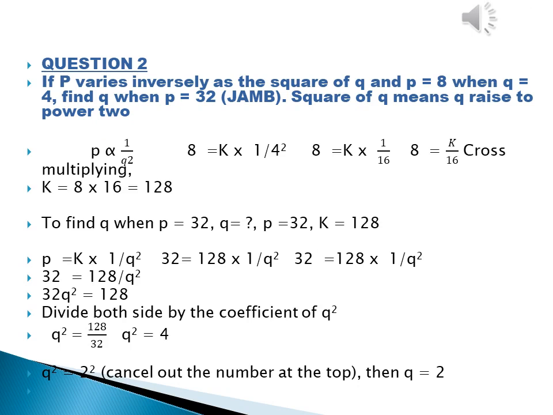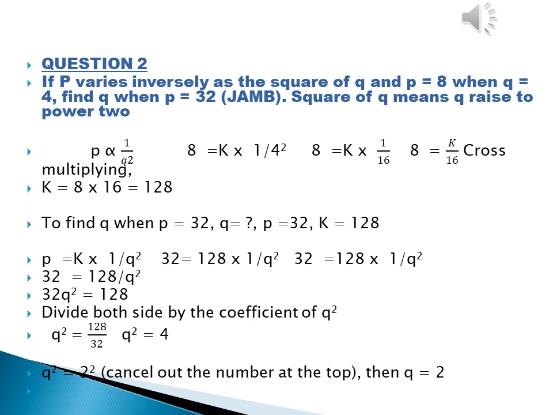Now we will look at question 2 on inverse variation. If P varies inversely as the square of Q and P is equal to 8 when Q is equal to 4, find Q when P is equal to 32. The square of Q means Q raised to power 2. So if P varies inversely as the square of Q, it means P will be equal to